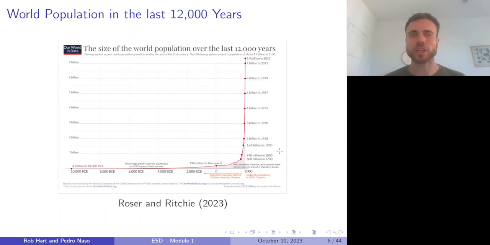If we look at world population in the last 12,000 years, so from 10,000 BC to 2020, we also see the same pattern. If we take the population in 10,000 BC, it was around 4 million. And this was more or less constant, with very little variation, until 2000 BC. Then in year 0, it was around 190 million in the entire globe. And again, around the 1800s, we see a massive, exponential increase to almost 8 billion people